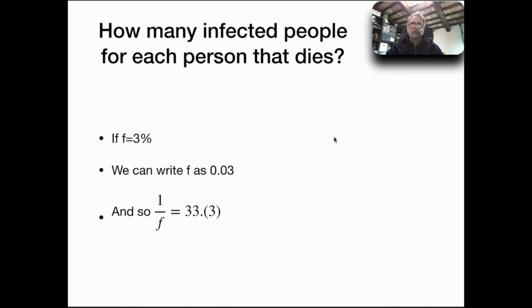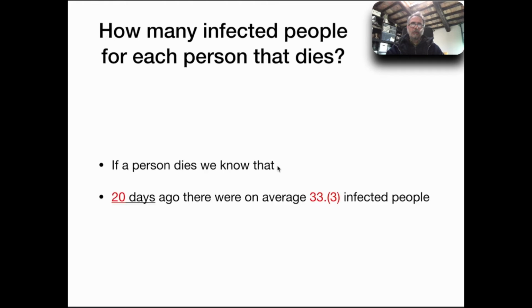Let's try to understand this better. The fatality is 3%, which you can write as 0.03. This means that for every 33 persons that are infected, 1 usually dies on average. And so when you find a dead body, you can say, well, 20 days ago there were